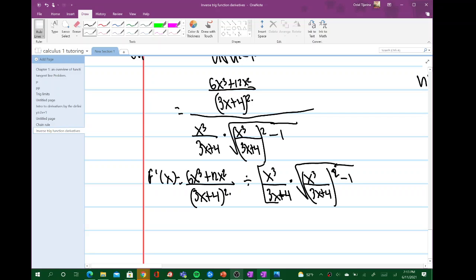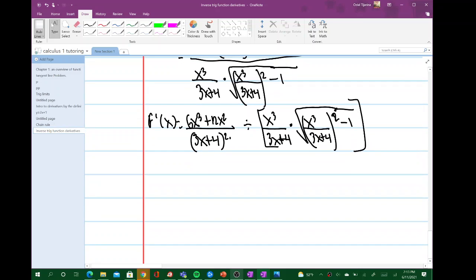Now you can rewrite this as the following, okay? So we have f prime of x is equal to 6x cubed plus 12x squared over 3x plus 4 quantity squared times,